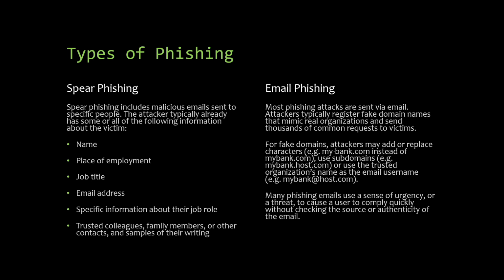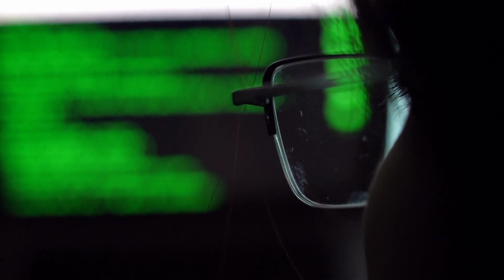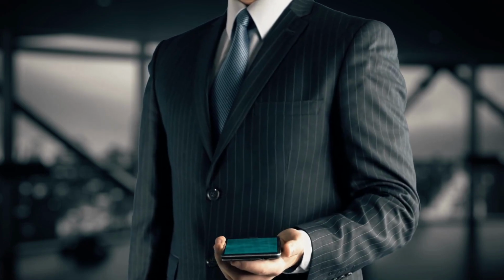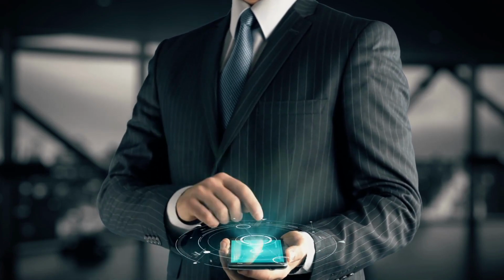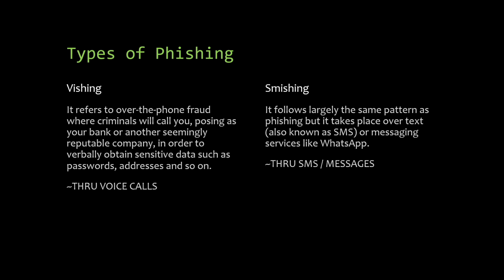Spear phishing includes emails that are sent to specific people. In this type of attack, the hackers simply lock their attention on a specific target. Unlike email phishing or general phishing, where the attackers mimic real organizations and send it to many people. Typically, in phishing, hackers collect a list of public email addresses and send emails containing a link to a fake website or any fake messages to them. But in spear phishing, attackers focus only on specific targets, and that is the difference between spear phishing and email phishing. Meanwhile, vishing and smishing are almost the same.